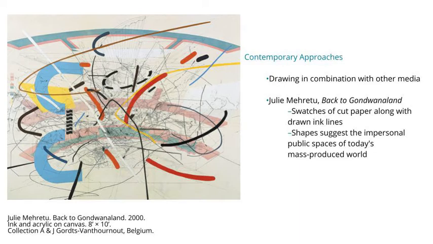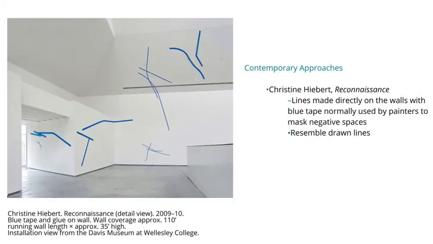If you look closely, you can kind of see a sort of architectural sketch or architectural backgrounds in there. It looks a lot like large public spaces, such as like a train station. You might not be able to see unless you're looking on a larger screen, but it's definitely got these architectural motifs in the background. Looking at another contemporary approach, this is Reconnaissance by Christine Hybert, and she really works with the space in unconventional